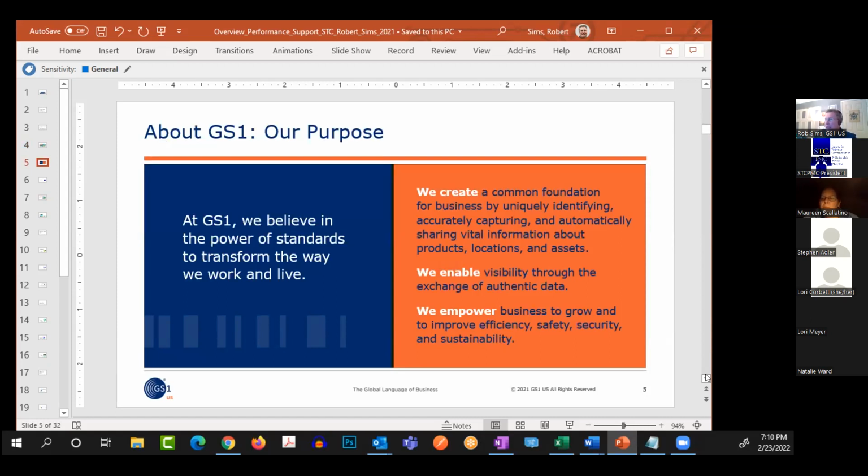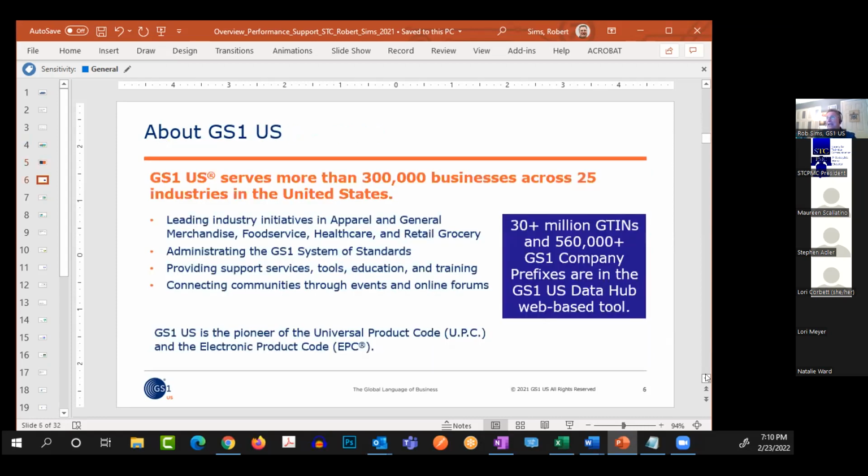And then just quickly, GS1 is a non-profit neutral organization. We're behind the barcode, the UPC-A barcode. We help companies of all sizes manage their product data and identification, location identification. GS1 US is based in New Jersey. We have databases, which you can see on the right, with 30 million GTINs, or global trade item numbers, across many businesses. It's a fascinating organization with lots of knowledgeable people.